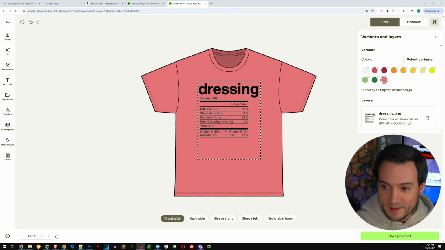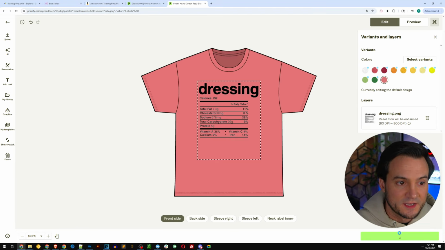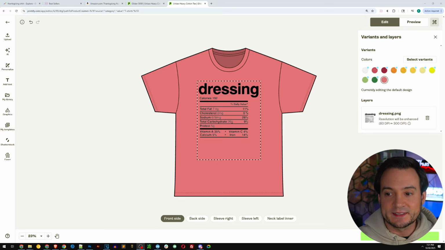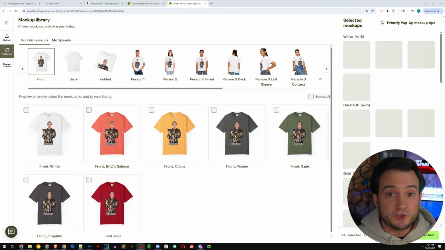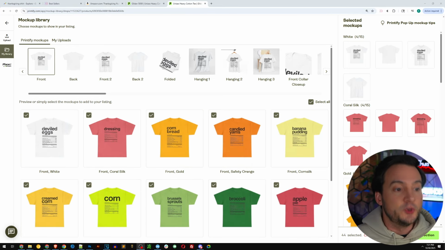Then there's a button that I'm kind of covering up here called Save Product. You go ahead, click that. In the next step, you can select your mockups. Printify is going to generate mockups for each color of each shirt with each unique design for us using their